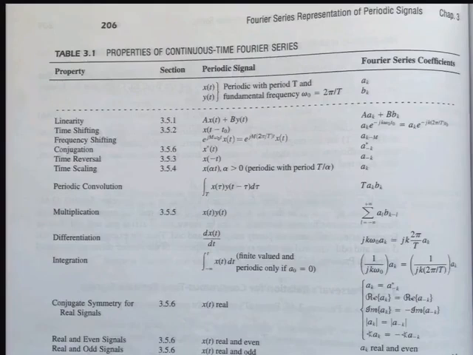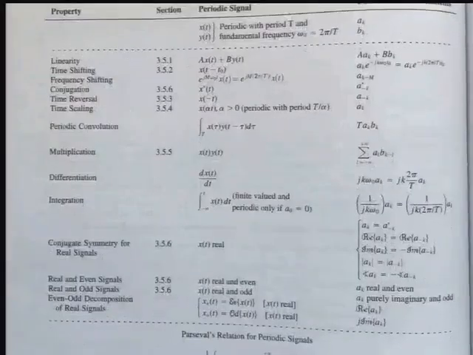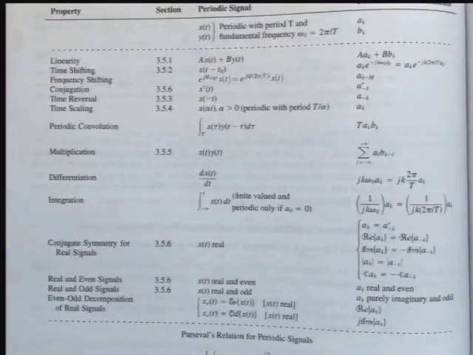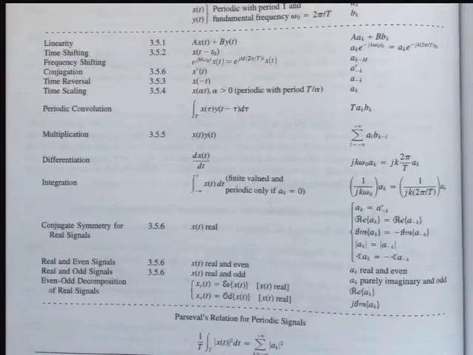The conjugate symmetry we talked about. If we look at x star of t, the Fourier series coefficients are starred, and the index becomes -k. A consequence of that was that if we have real valued signals, a -k and a k were conjugates. We also noticed that if you have an even symmetric signal, that leads to real coefficients. That's the last thing we showed last time. And there are some other properties that we did not explicitly state, they could perhaps one day become homework problems, who knows.